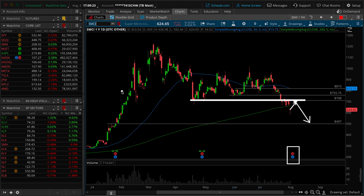I think that the AI hype is already being downplayed by some of the mega cap tech. I think that NVIDIA is the clear winner based on spend from companies like Microsoft. It's getting all the love. AMD is clearly a display of that. So I think that Super Micro wouldn't be unreasonable to sustain a downtrend or a lower high below 708 even